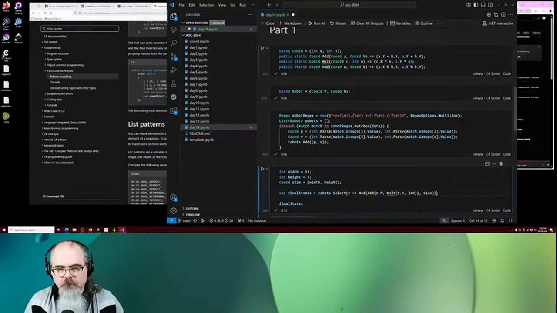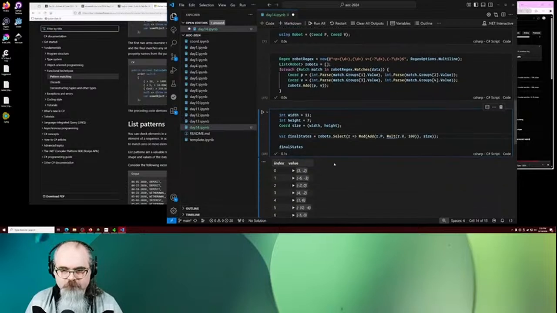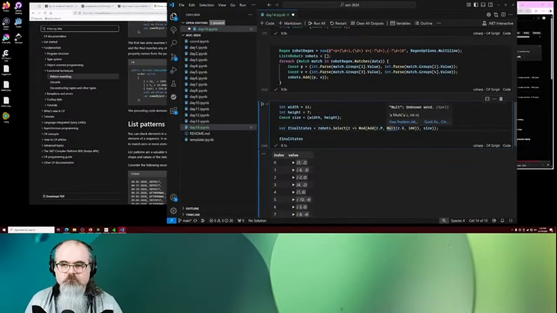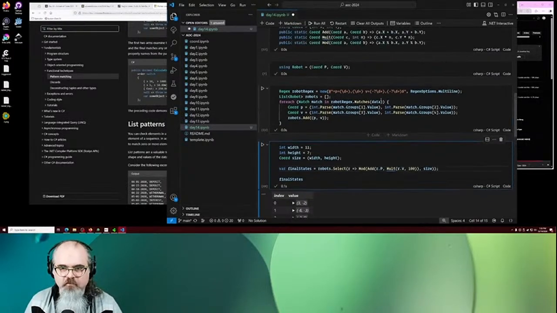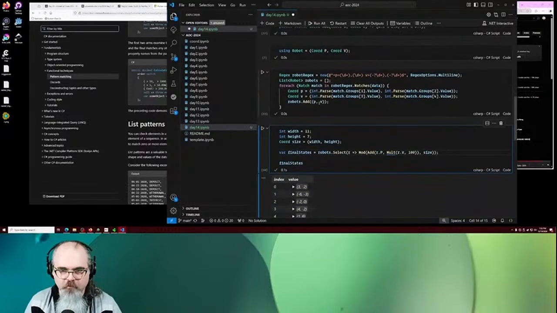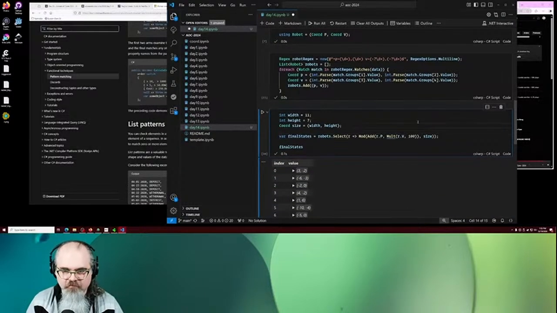Actually, I guess for the modulo, you're right, A and B, if either one of these would be negative, we need to convert it to positive. Probably the easiest thing to do would be converting the robots into a positive form before we do this thing here. So let's go ahead and say